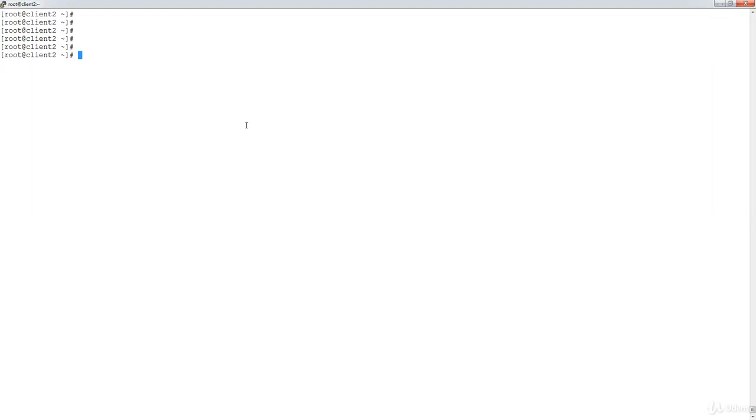So to make sure my file system does not become 100% full, do I have some command to check? Yes, with the help of the du command, we can check the file system size. And in a monitoring tool, we can set a threshold. If my /home reaches 80%, trigger an alert. If my /home reaches 60%, send me a warning alert.